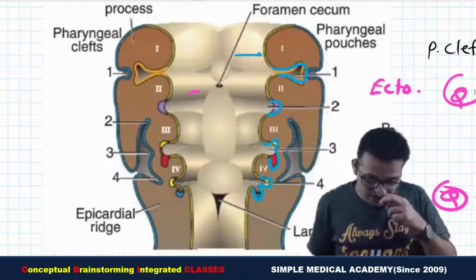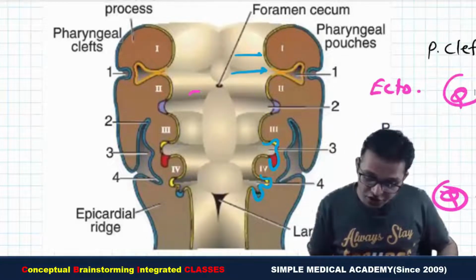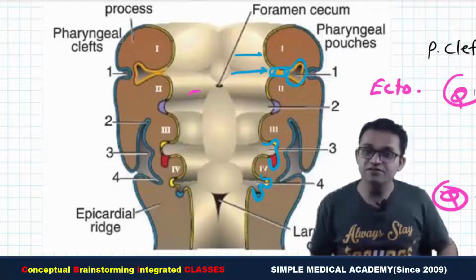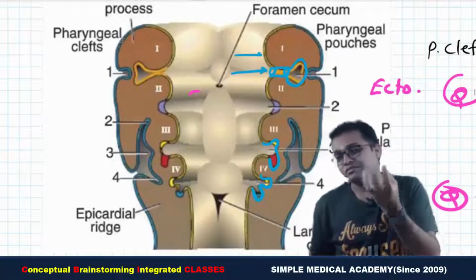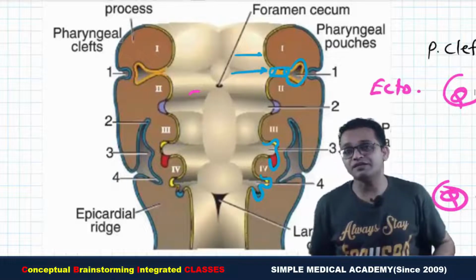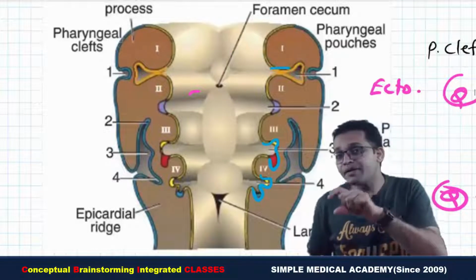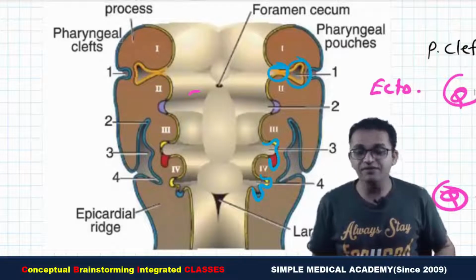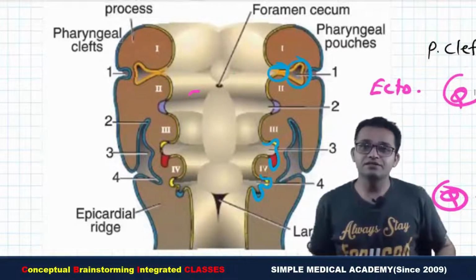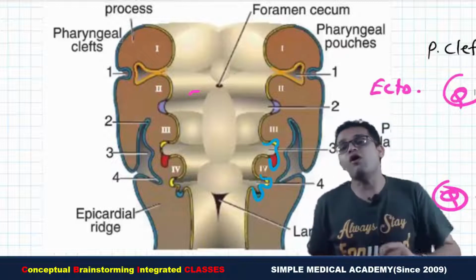Okay, so can you see the first endodermal pouch, it is making a tube like structure. This is the tube like structure and this is the cavity. So this is known as the tubo, and this cavity is related with the ear, the middle ear cavity. So this is known as the tubotympanic recess. So the first pouch gives rise to the tubotympanic recess. Tubo means tube. Which tube is located here? Auditory tube. And which cavity is located here? Tympanic cavity. So the middle ear cavity and auditory tube are derivatives of the first pouch.